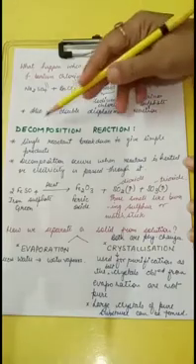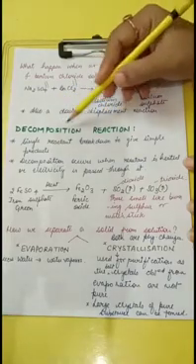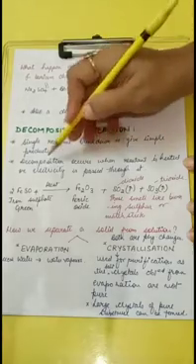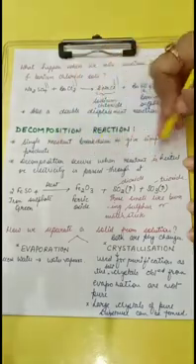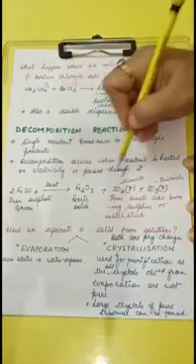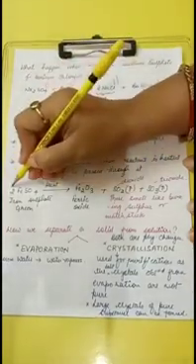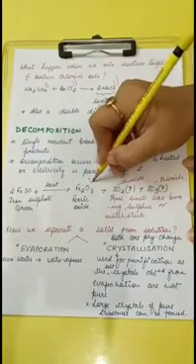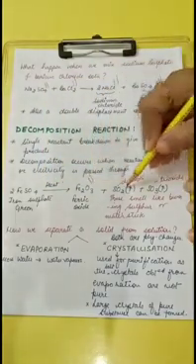Then comes the decomposition reaction. In a decomposition reaction, a single reactant breaks down to give products. Decomposition occurs when the reactant is heated or electricity is passed through it. For example, we take iron sulfate and heat it, and it changes to ferric oxide, sulfur dioxide and sulfur